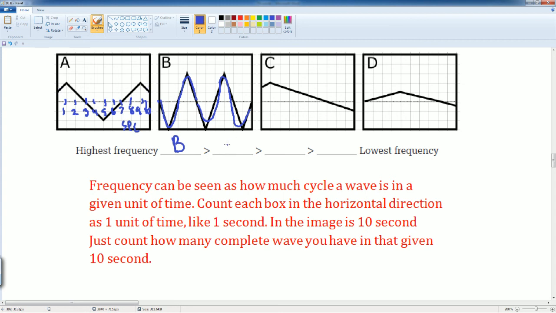Yeah, it has 1. So A is next. Now C and D, who has the most? It looks like I think D has a little bit more, because you see how D has a little bit more of the wave, right? So it would be D, and then C's last. Okay, so just count how many waves there are. That's it, and that is all your solutions